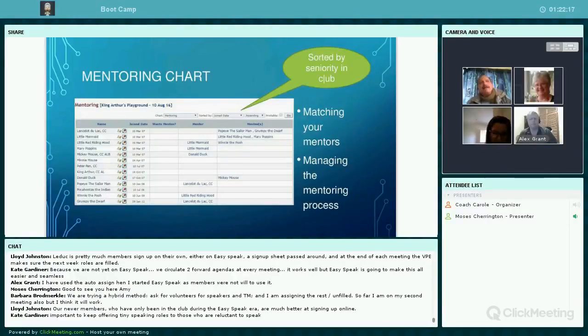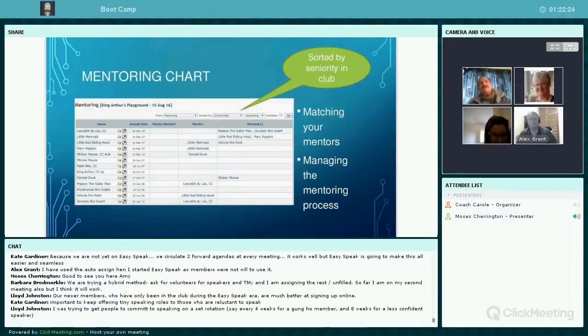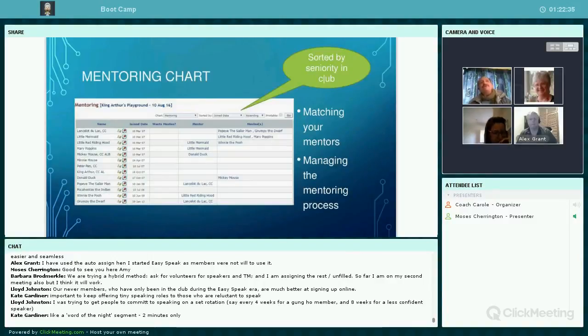Now herein lies the problem, Carol. The club which is in town does not use EasySpeak. So it's like, okay, who's speaking? So they use someone who's using Excel. So all the roles are now on Excel. And so we are to look at Excel, find out what we're doing, where we're going. And there are many, many times where people don't turn up for their role. So when the meeting starts, you have to, as Toastmaster, actually delegate whoever is there to actually do roles, and some of our members are performing, say, 5, 6 roles because of the numbers that haven't been turning up. No, that can't be right. It's very difficult.